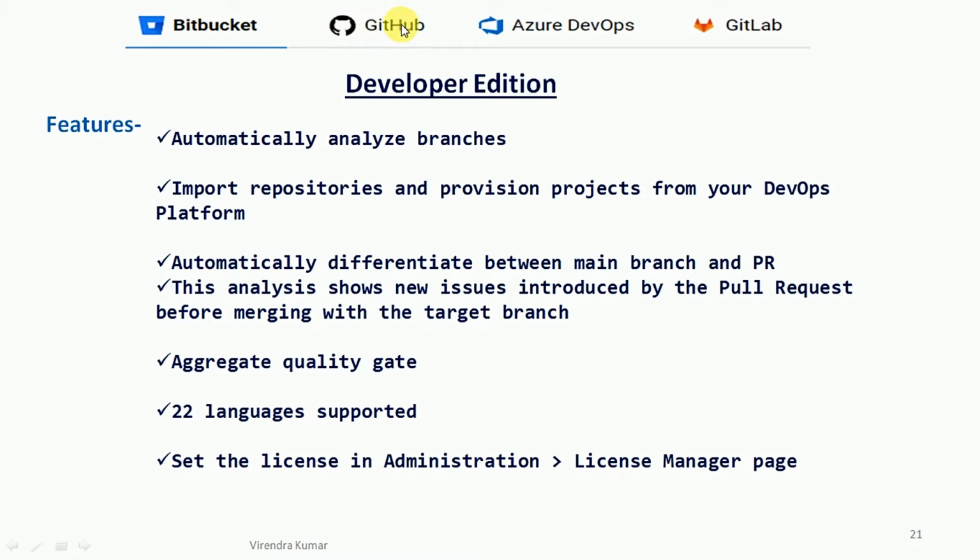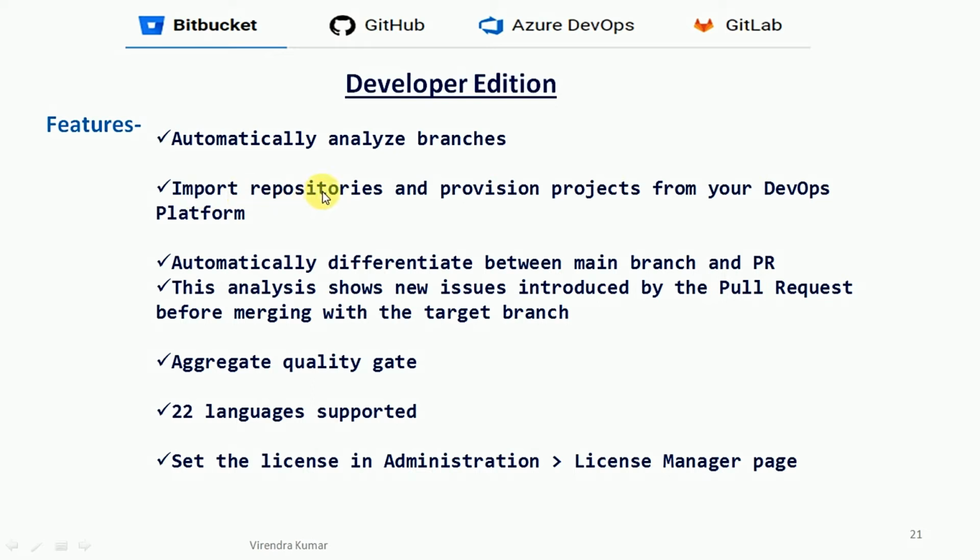I have to commit and push the code to GitHub. When I create a pull request for the branches, there could be n number of branches, master branch, sub branches. Each and every employee has their own branches. So when any push or pull request is done, SonarQube will do the analysis of the branches.